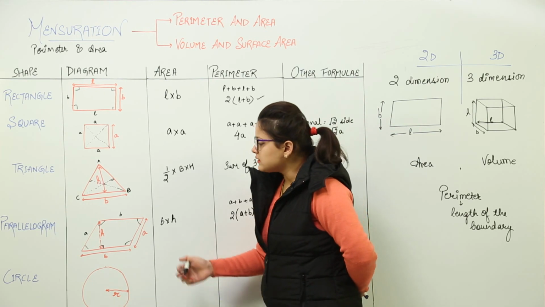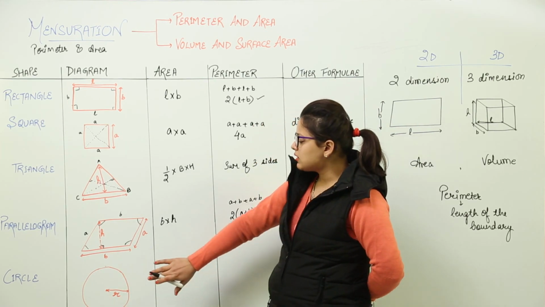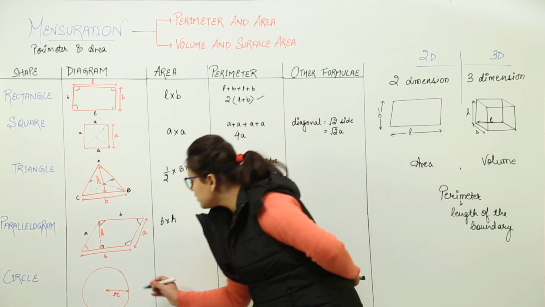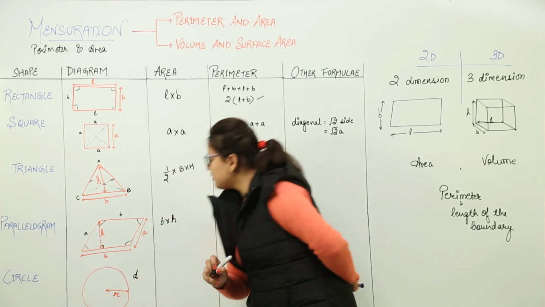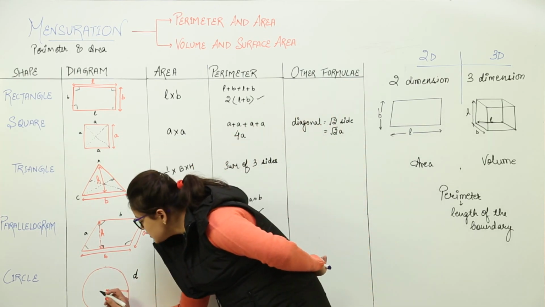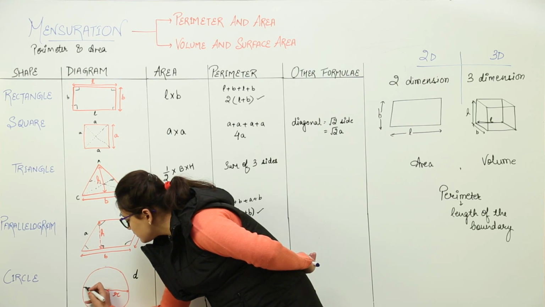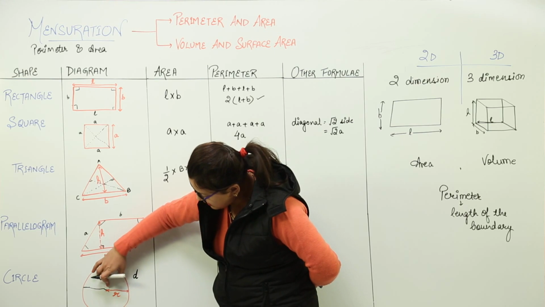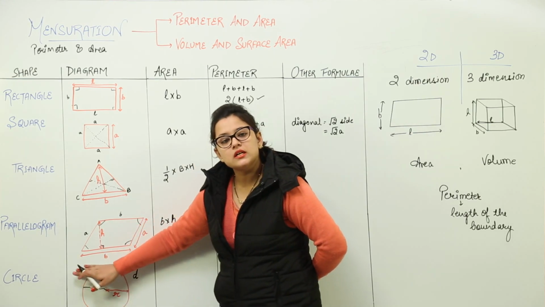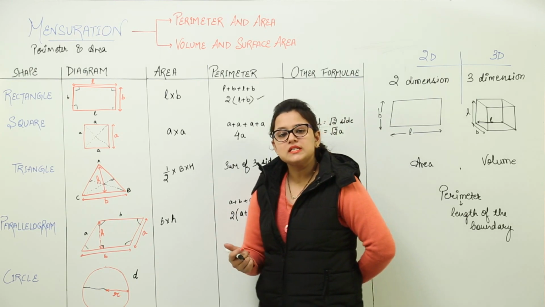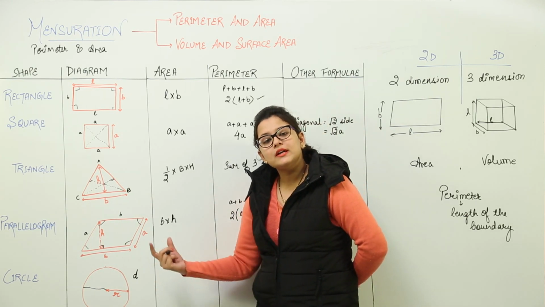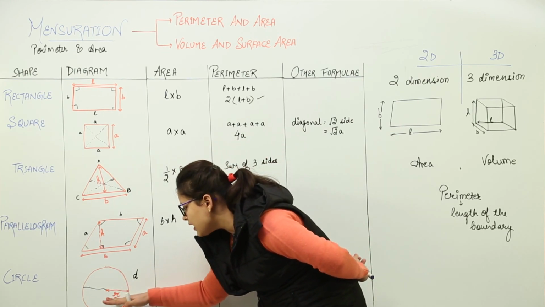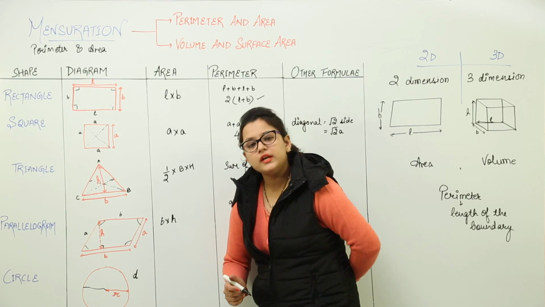Now next we will consider the circle. Circle, as we are aware, has one dimension, that is radius, or you might have been given the other dimension named diameter. What is diameter? Diameter is actually the complete line. This whole complete line depicts your diameter, a line that passes through the center and divides the circle into two parts. That is known as the diameter. What is radius now? Radius is half of diameter. This complete was my diameter. If I take only half of that, that will depict my radius.